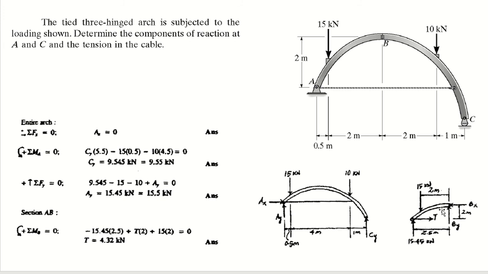The Bx and By are unknown, and if you want to find them, you can find them by a very simple equation of equilibrium, but we are interested in T rather. So the simple way is to take moment about point B equals to 0. In that case, Bx and By will become irrelevant, and you will be left with this applied load and the reactions and this T, and you can easily find T from this equation. See, the reaction at A, the applied load and the T, and from here you will get T, which is equal to 4.32 kilonewton. So the tension in this cord is 4.32 kilonewton, right? This was our first question.